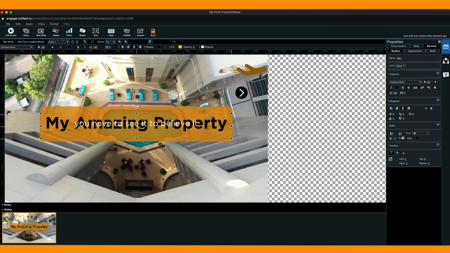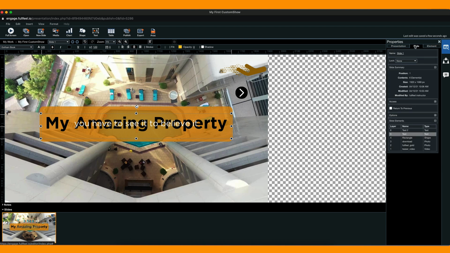If I wanted to change the order of how elements appeared on top or below each other, I can either right-click the element and say bring to front or send back. But that's often tedious. One of the features I love most about the CustomShow Editor is under the Slide tab, if you go to Slide Elements, you can just drag and drop the elements above or below one another. So for example, if I want the rectangle to be above everything, I can simply drag and drop it